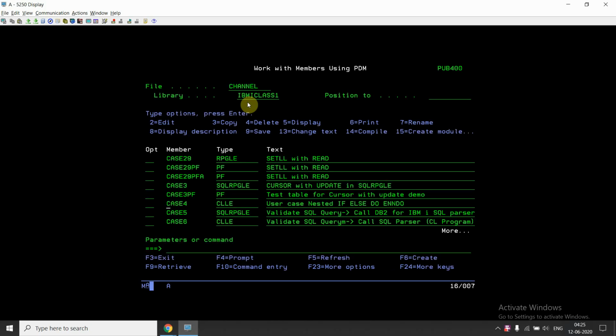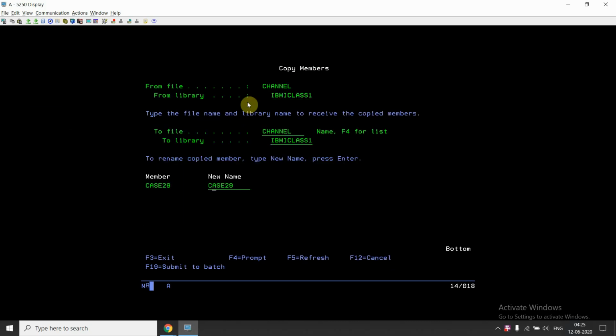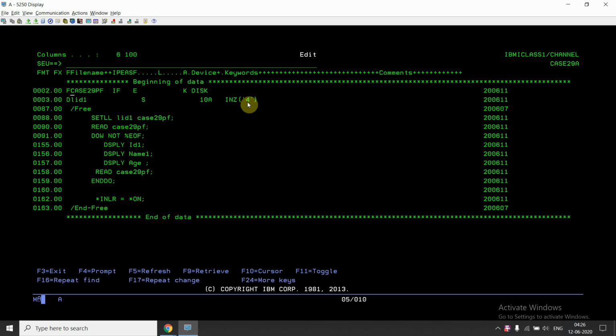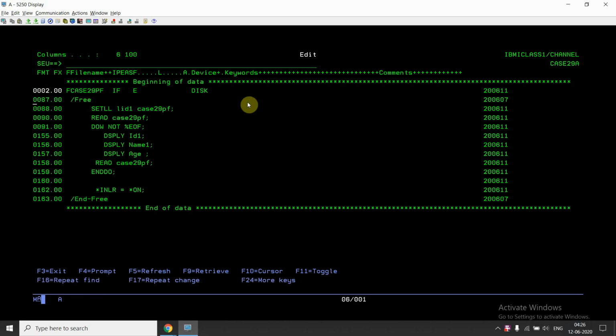So this file is not a key file, it's a non-keyed file, right? There is no key in this file. So if I'm going to create a program here for this one, this is not a keyed file, so I'm removing the key from here. So I cannot do the setll based on key or *LOVAL value. So I cannot use either *LOVAL or key here. So I can use just the RRN here, right? So based on the record relative number, I'll be reading this file